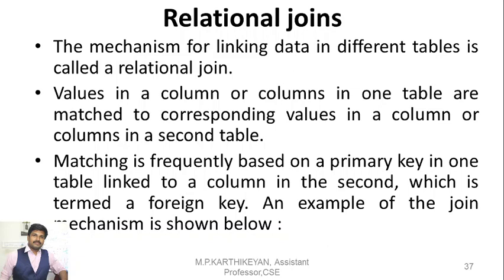Okay. One is left outer join and another one is right outer join. So in left outer join, it gives the common data and uncommon data. Common data means common to both the tables. Uncommon data means it gives the uncommon data available only in the left table. So that is left outer join. Whereas right outer join obviously gives the common data which is available in both the tables, and then it gives the uncommon records of the right table alone.